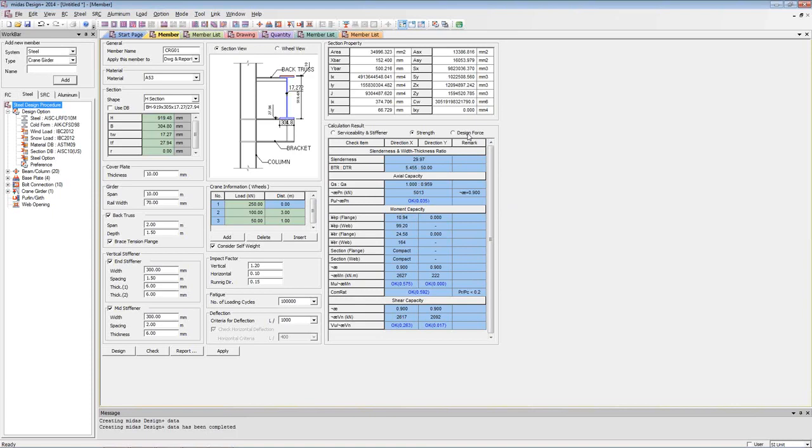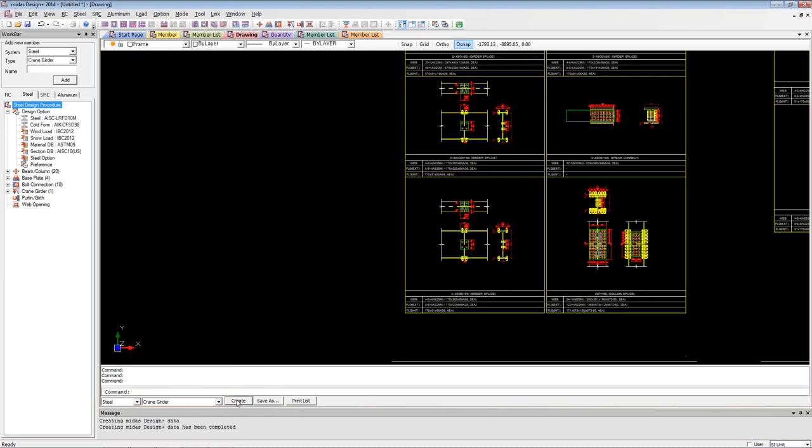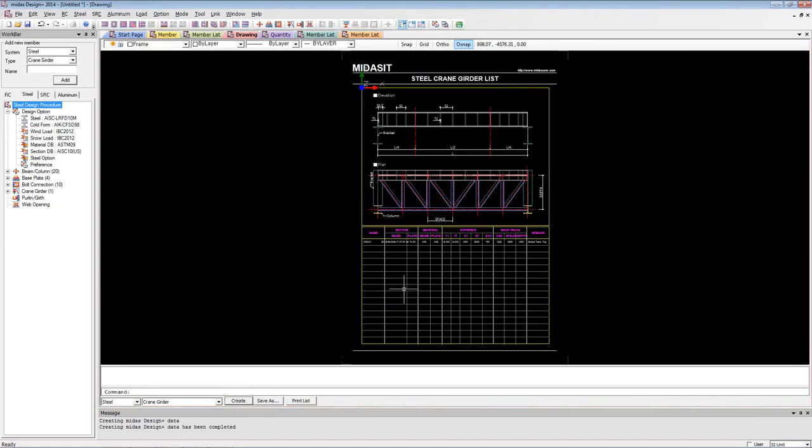And if you want to check or verify the design forces, you can go to the last tab, and here you'll see the shear force or the moment generating. This is the section view and this is the wheel view. We'll just go to the design now, the drawings. Click on create